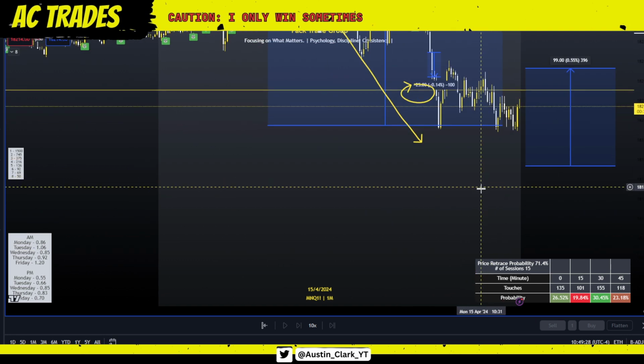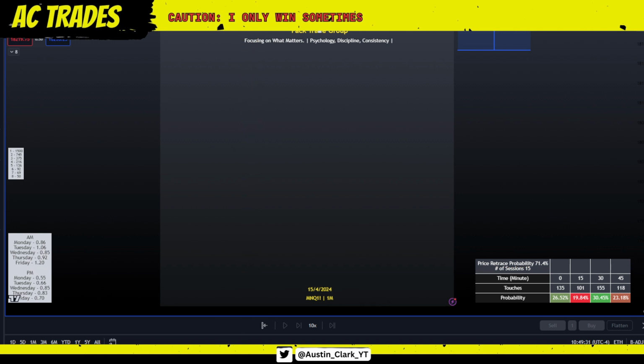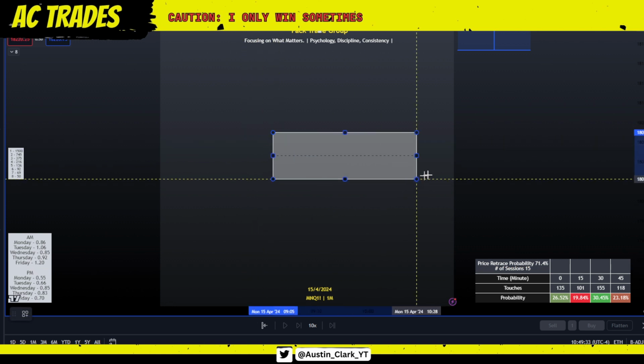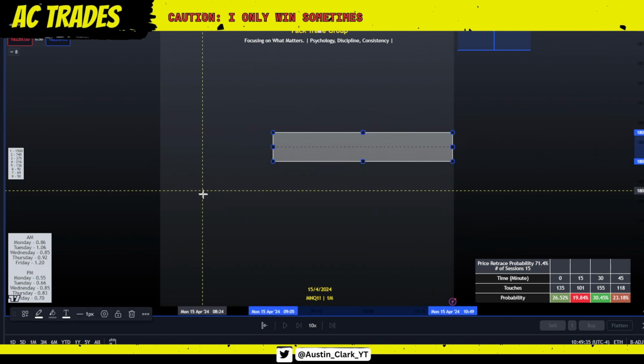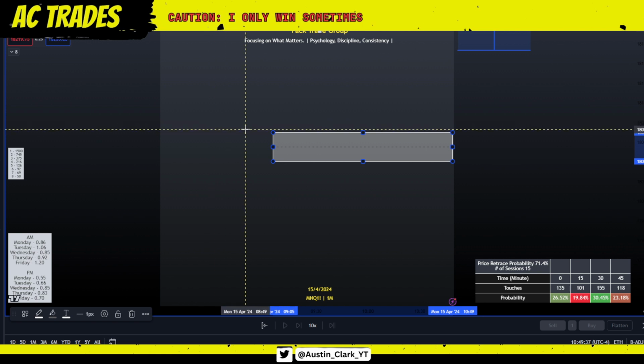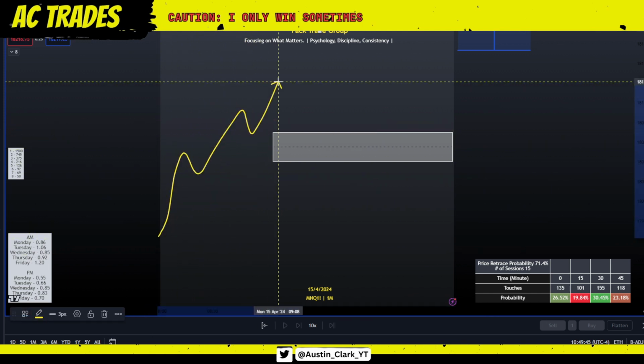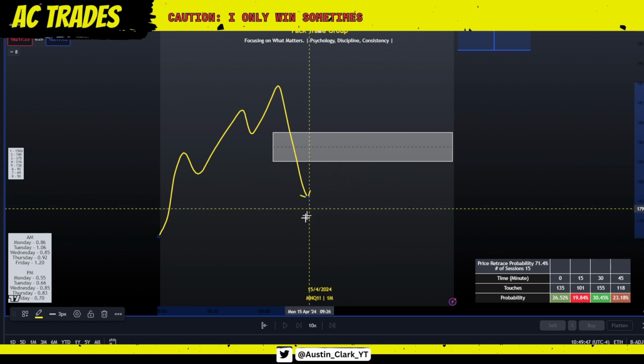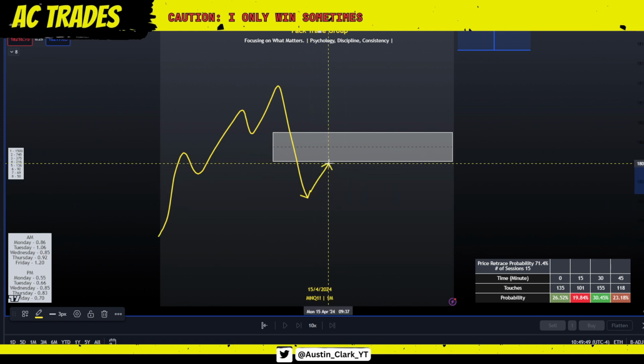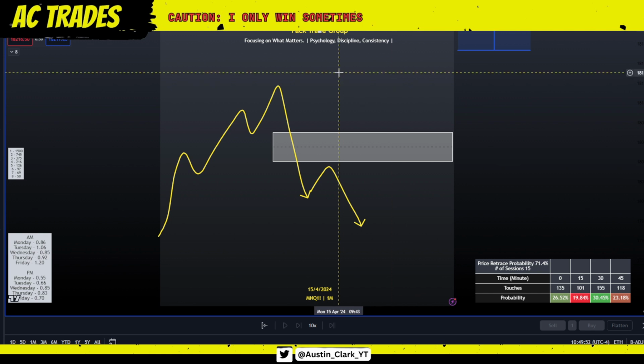Because if I know that there's going to be, let's say, a fair value gap, right? Like if I'm trading fair value gaps with a raid on liquidity, right? That's one of the most common ways that people trade ICT, is when price raids a liquidity, then forms a fair value gap, and then people will take that trade off the fair value gap and go this way. Again, great way of trading. If you can make money with a way of trading, please do that.